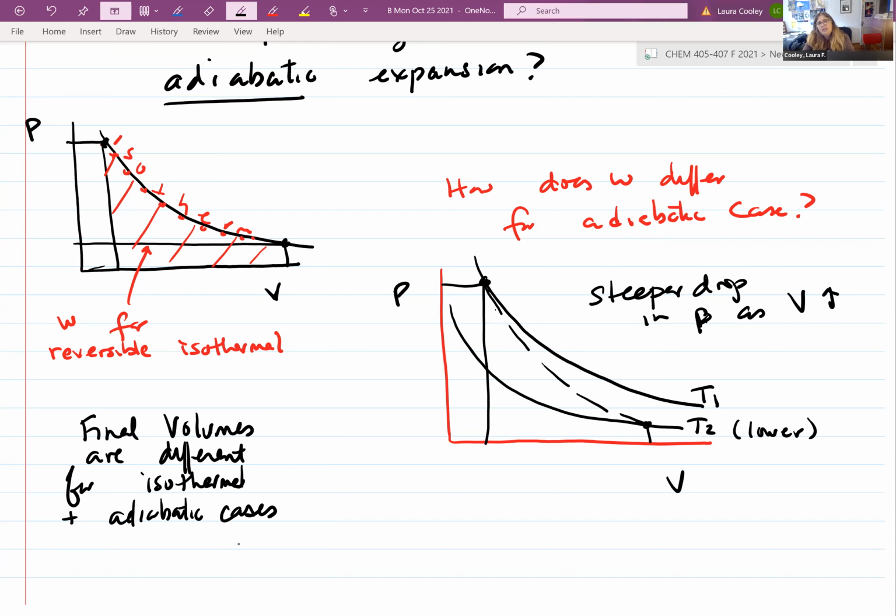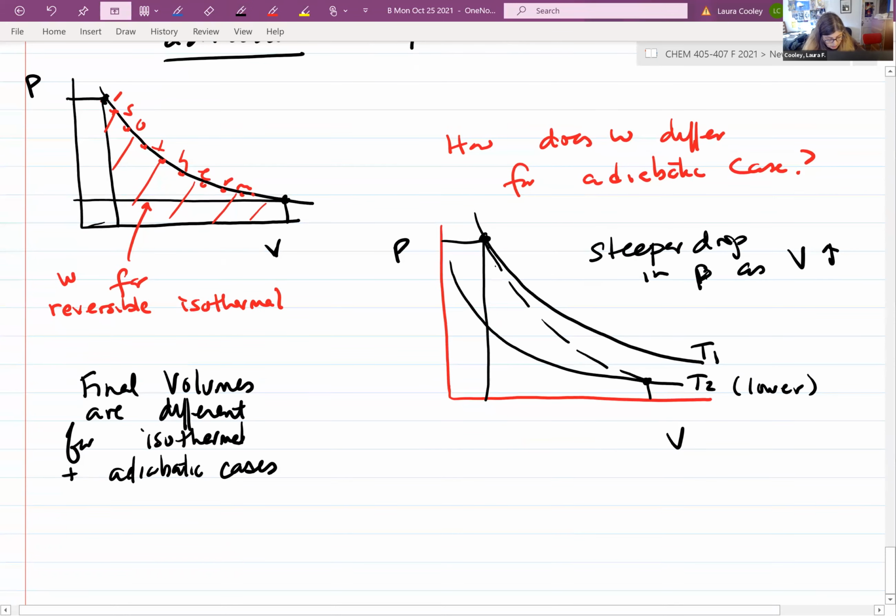There you end up at the same final state, starting at the same initial state. When you compare to adiabatic, you start at the same state, but you don't end up at the same state for reversible adiabatic and reversible isothermal. So the problem that I give out this,